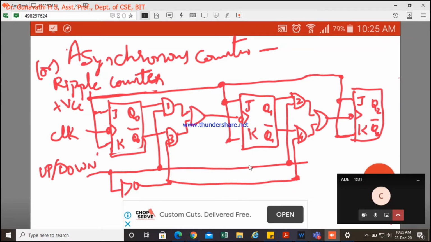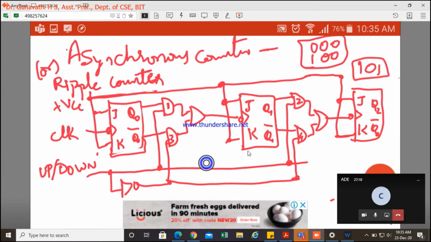Suppose I want to make it a mod 5 counter. How can I do it? 3 bits are required, along with one more for mod 2. With only 1 flip-flop, when I give the clock, the output is 1, then 0, 1 0 1 0 like that. So one flip-flop can work like a mod 2. A single flip-flop is fine. But now this has to be cascaded with 3 flip-flops in order to make it a decade counter.